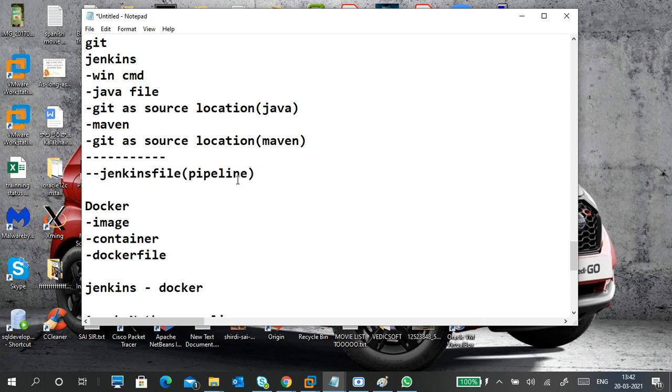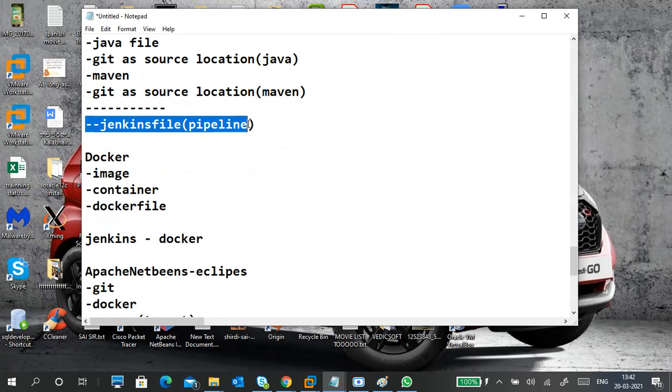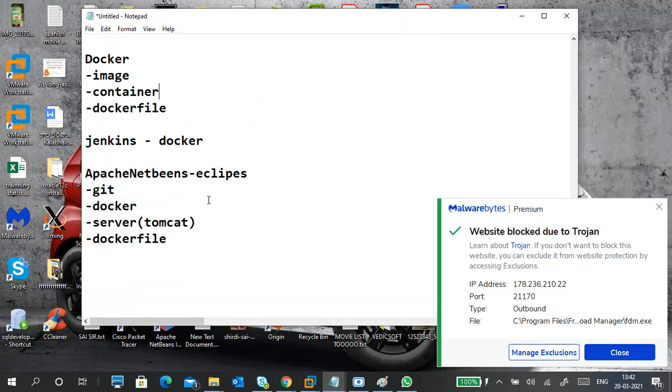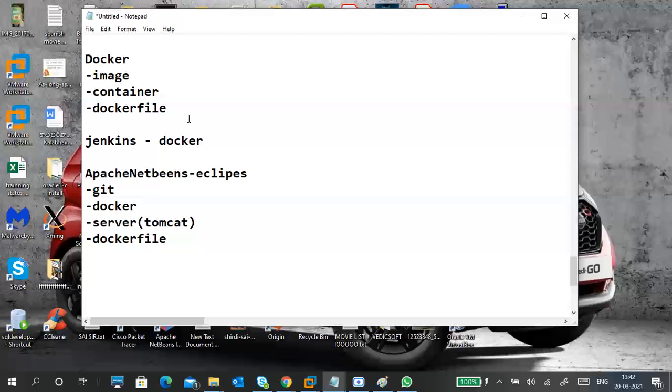A Jenkinsfile is a very low chance, but depending on your way of answering, they may ask about Jenkins pipelines. If it is not covered or you are not able to answer, it is okay. They don't expect you to be perfect in this kind of stuff, but if you try to give an answer, that is always good. Next, what is Docker? Last time people were asked what is Docker, what is an image and a container. If it is not covered, you can say not covered.